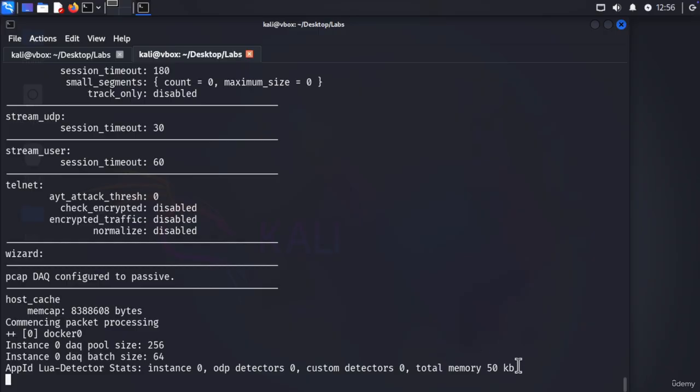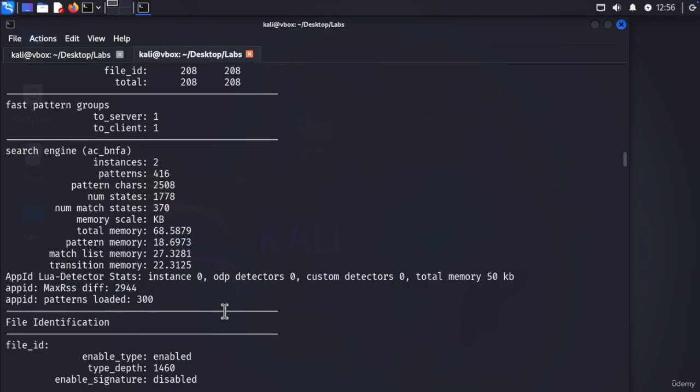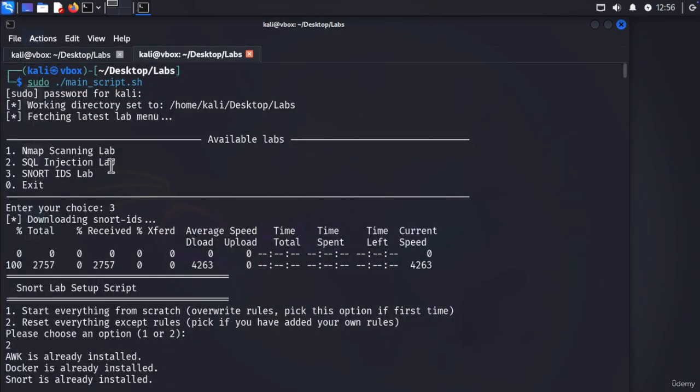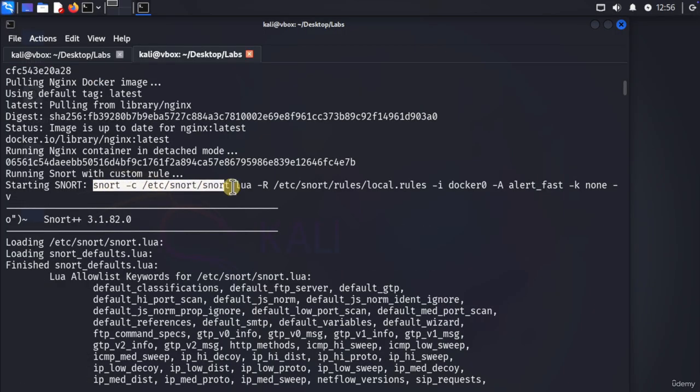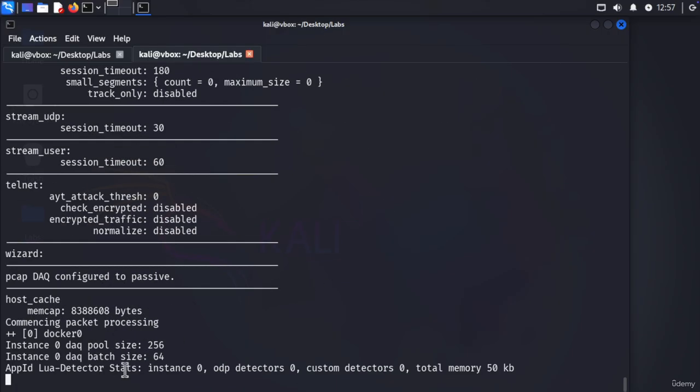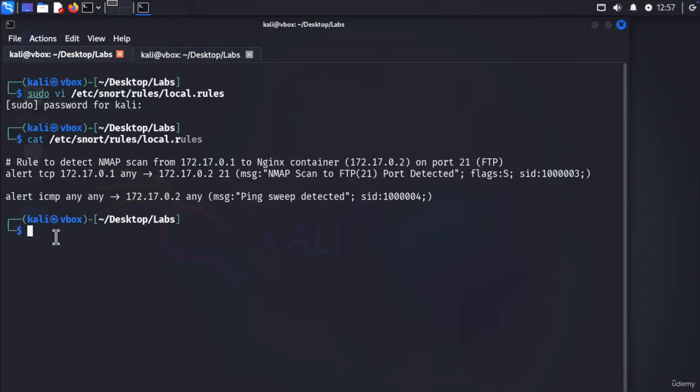Okay, now Snort is listening once again. If I scroll up, you can see the command that it ran. There you go. So once again, the local.rules file, but now it has 2 rules, okay? Now you can't do anything in this window, so you can switch to the other tab. Now what we want to do is trigger this rule. And how do we trigger it? From Kali Linux, we basically want to ping